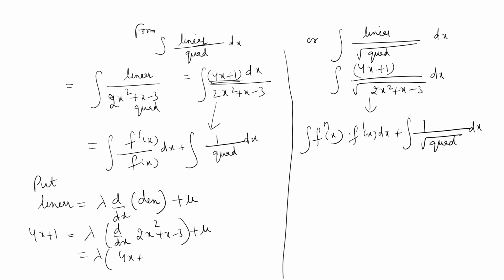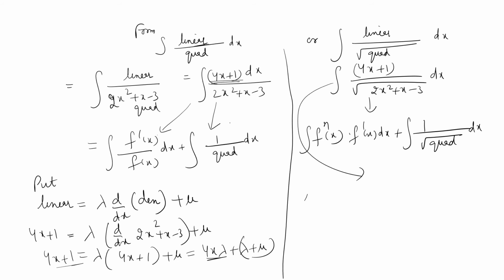And definitely you will be able to break it, okay? As we did in some previous class, how you compare the coefficients, in that way we are going to separate the x variables and the constant terms, and equate them to the other side to get the bifurcation. In that way, this integral will automatically break into two integrals. One will be of this form and the other will be of this form. So this kind of process we are going to follow for this one, and for this also.